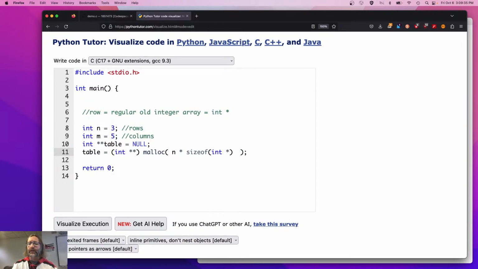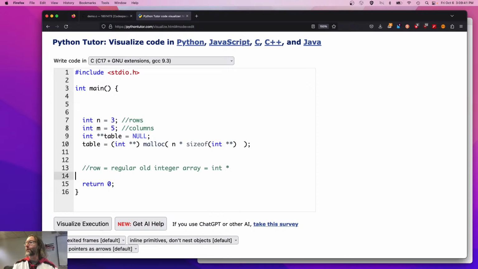No, sorry, I needed a star. I'm getting ahead of myself. This should be down here. There we go. So this is a pointer to a pointer. Yes, this is correct. Now, initialize